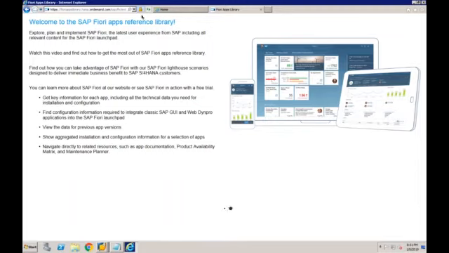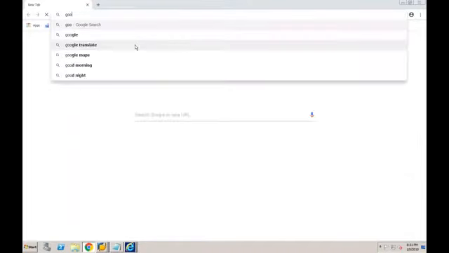Maybe let's refresh this page and see. Okay, let's try on Chrome. Should not take that much time. So I'm going to Google. Okay, it's already open.